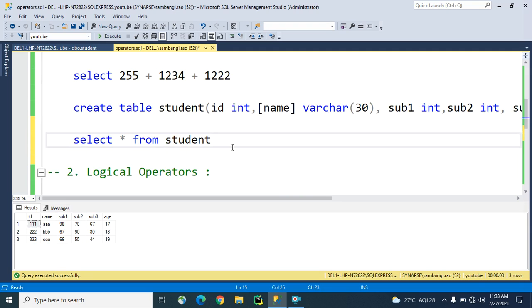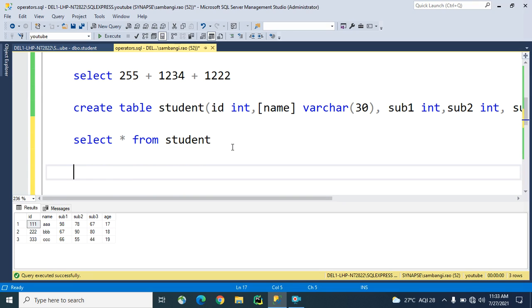How are these arithmetic operators used on the database object? See guys, select star means all columns. Here we have all columns: id, name, subject 1, subject 2, subject 3 and age. But I want to show the total marks of each student also. Then you have to write a second column.